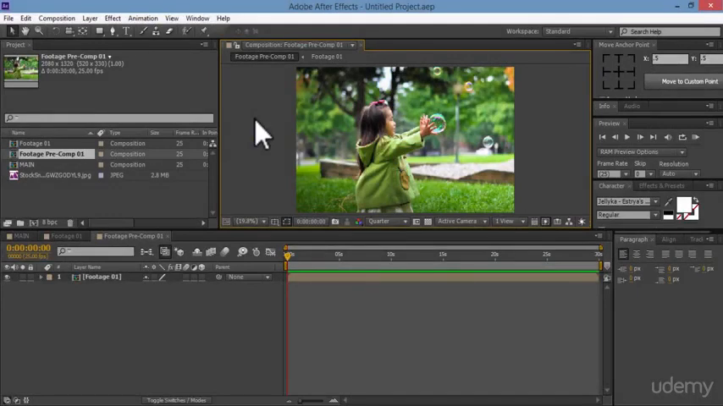Hey guys, welcome back. In this lecture, we are going to start applying and creating masks, then distributing layers in 3D space. So first thing is to apply a mask, and in order to apply a mask, we simply select